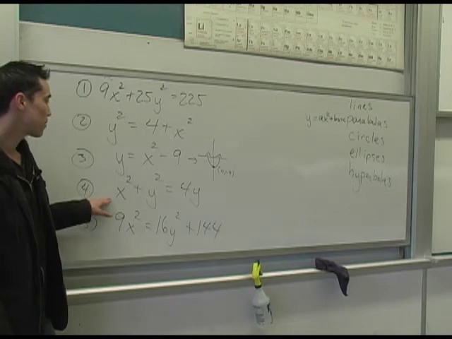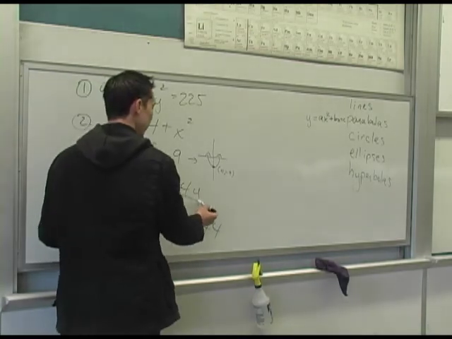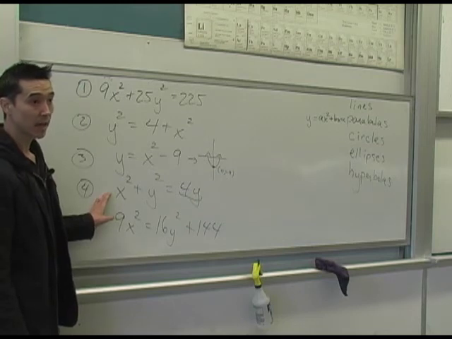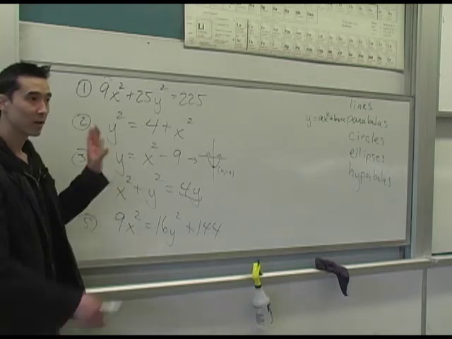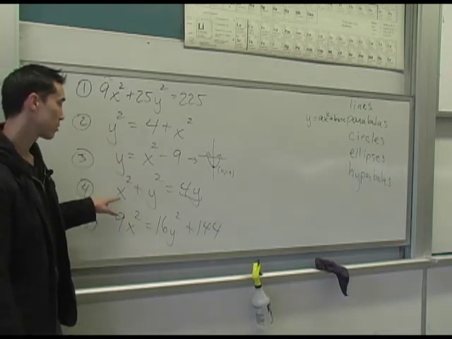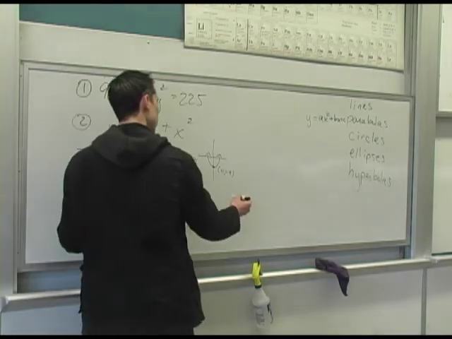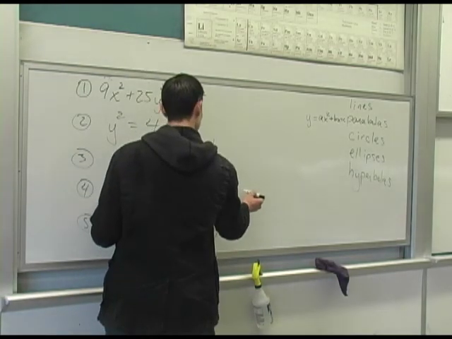Number 4, notice number 4 has a 4y term. Okay? None of the stuff we did today had any x or y term that wasn't squared. Right? Ellipses and hyperbolas, they were in that standard form and there wasn't an extra term. This guy had an extra term. Okay? So what is this guy? Well, if I start bringing stuff over,